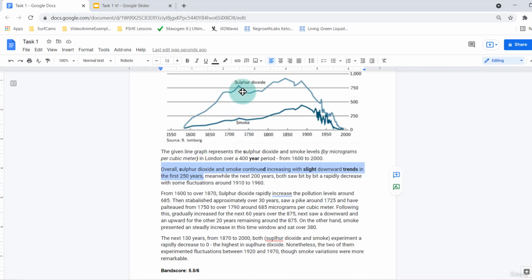We could maybe see here. I think I'll leave this in just because there's a possibility of slight downward trends. I mean, there is this here, so I will leave that in. It's probably not something that I would have reported in the overview, but